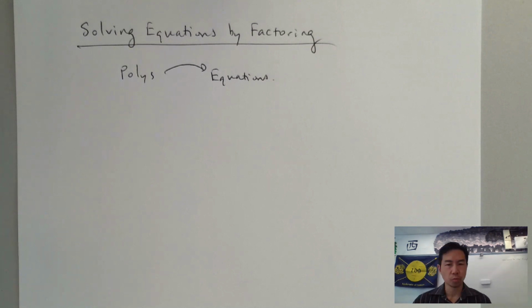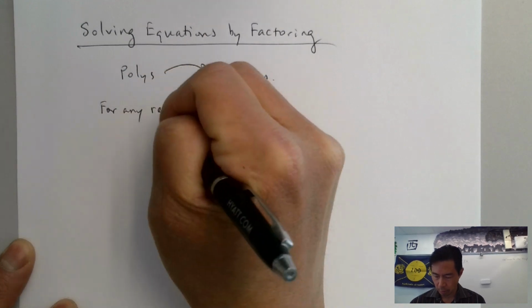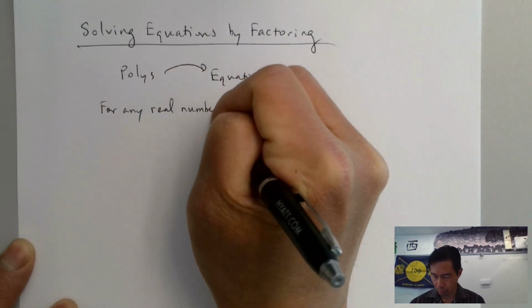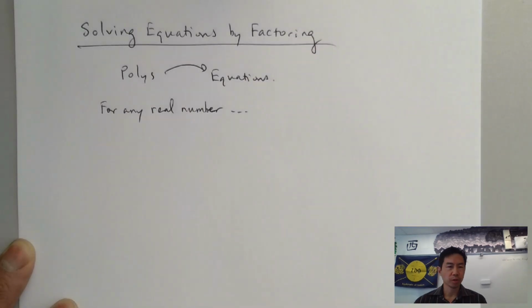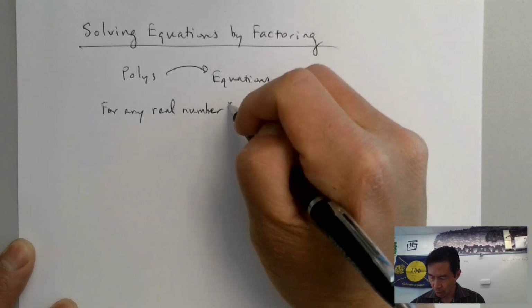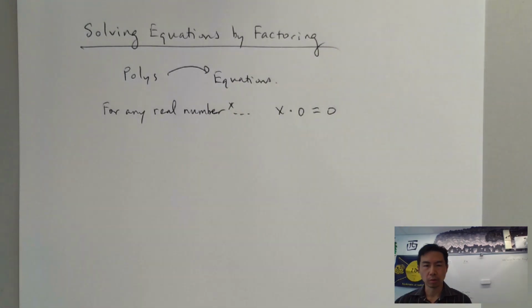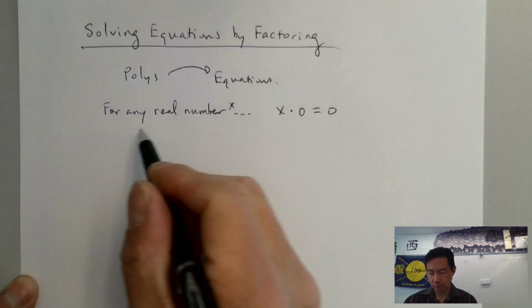But first we need to rely on something we proved way back in Unit 2, and that is this fact. For any real number x, this is true: x times 0 is 0. Okay? You've known that for a long time. We proved it in Unit 2, and we're going to use it a lot right now. So based on this universal fact,